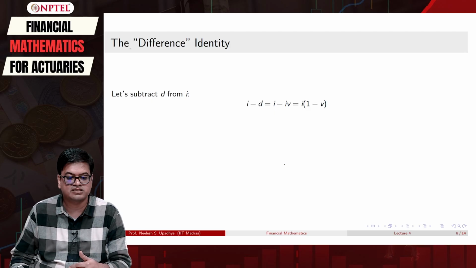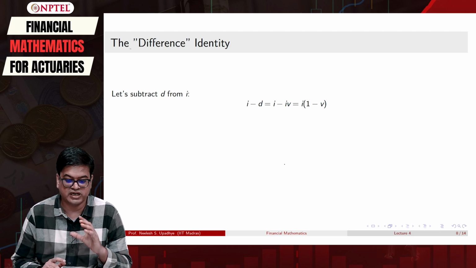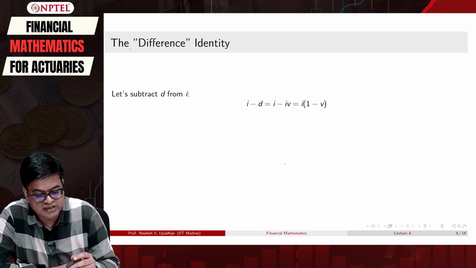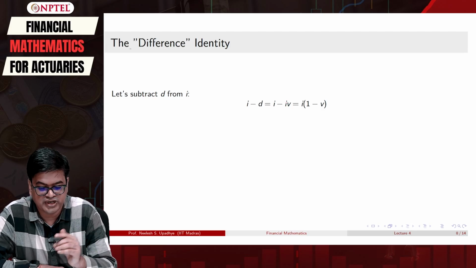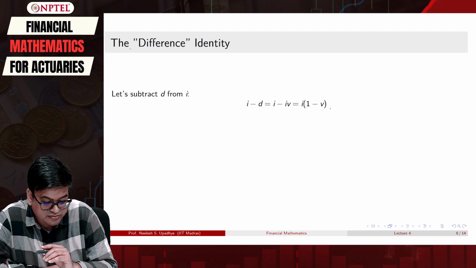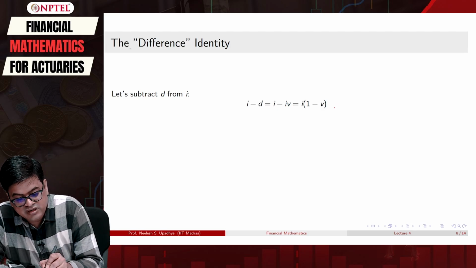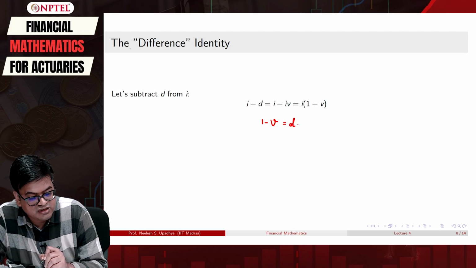So here in this case we are subtracting D from I, and this is a very crucial identity. When I subtract D from I, I am essentially looking at the difference I minus D. But this D is nothing but IV. We have already proved that. So I get I times 1 minus V. Now what is 1 minus V according to me? We have proved this identity: 1 minus V is D. Therefore